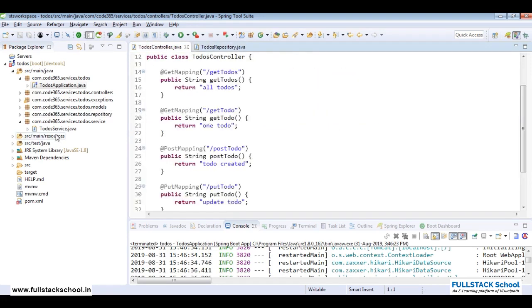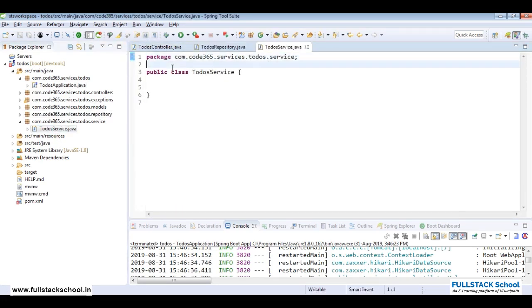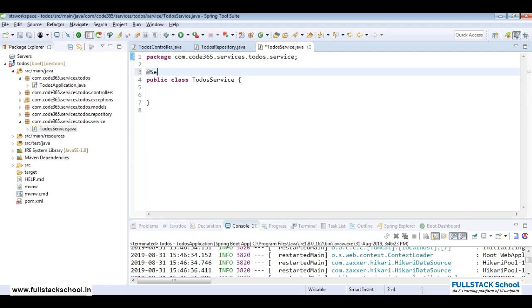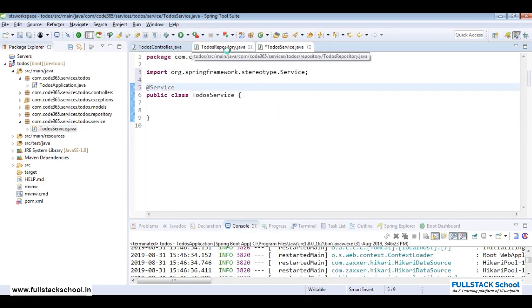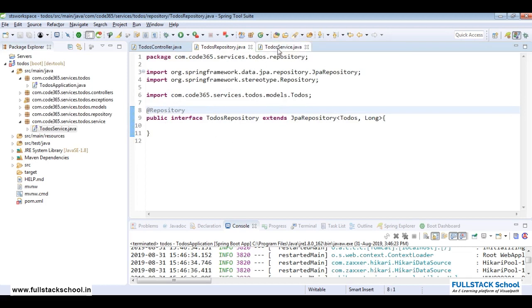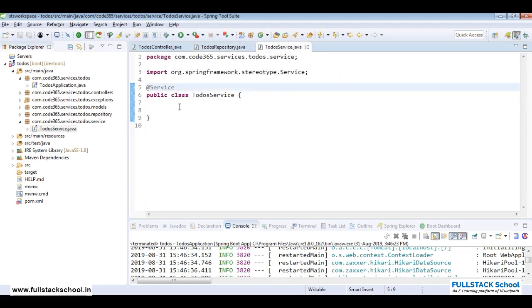Likewise for the service also, I need to annotate it with @Service. You can get the object of this repository into the service, and that object creation is done by Spring when